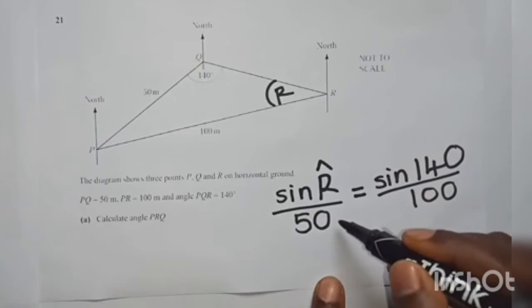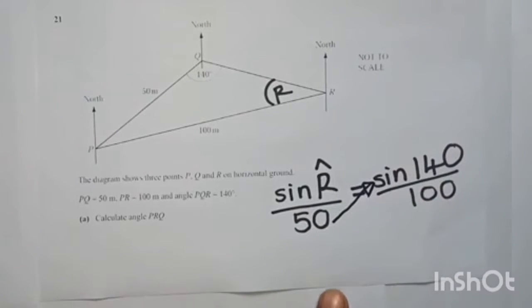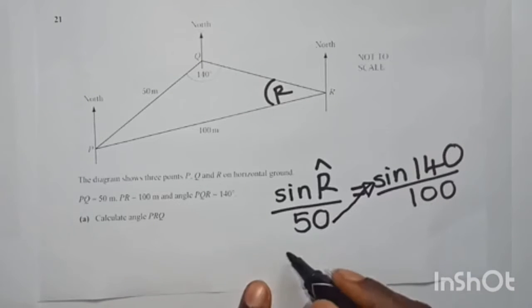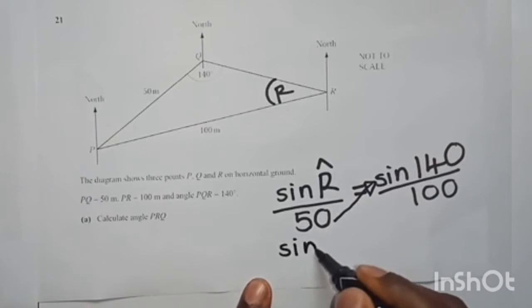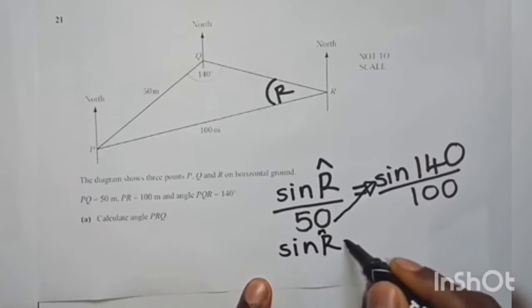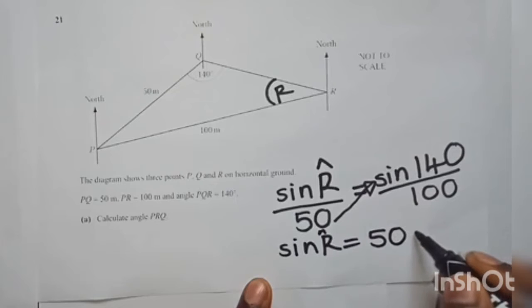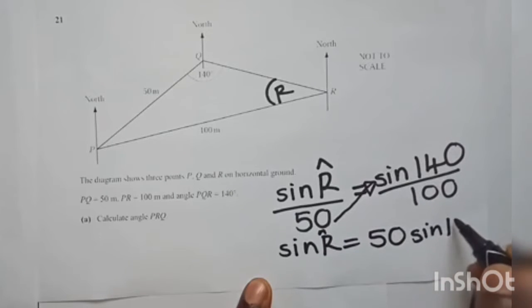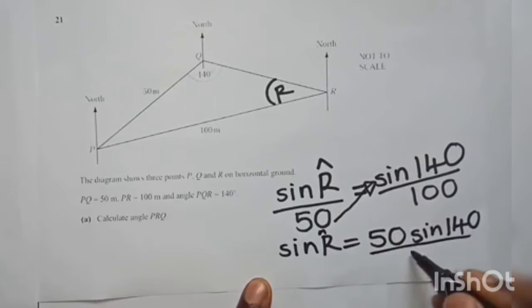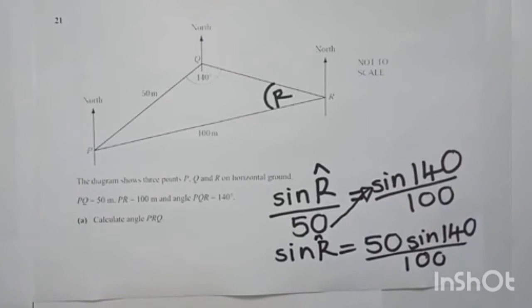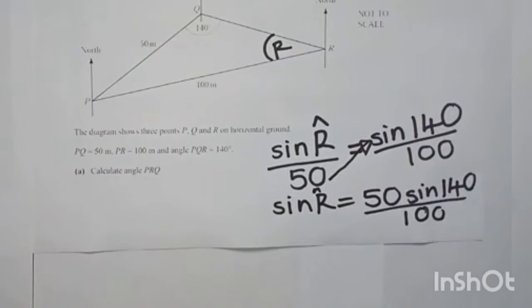Right. This 50 is going to multiply sine 140. So it's sine R is equal to 50 sine 140 divided by 100. So to make R the subject of the formula, you need to get rid of this sine element. Right. So you place what you call arc sine on your right side. So R is equal to arc sine,